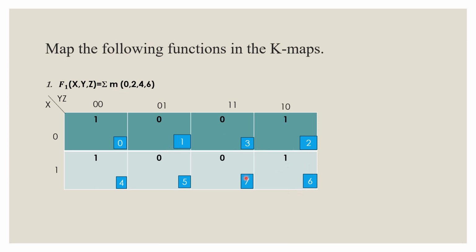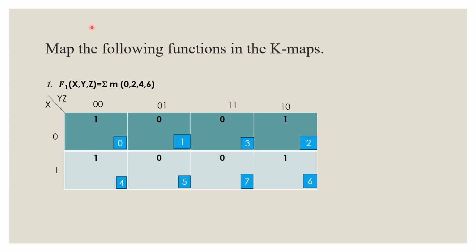But 1 3 5 7, these numbers are missing in this function, so here we write 0. Box 1 is represented by 0, box 3 is also 0, box 5 is 0, box 7 is 0, because 1 3 5 7 are missing in this function. But 0 2 4 6 are present in this function and these are represented by 1 for min term. So this is one type of K-map representation for min term for 3 variable. Next we see the